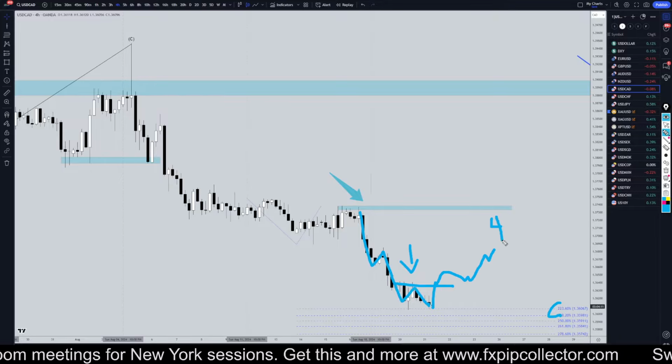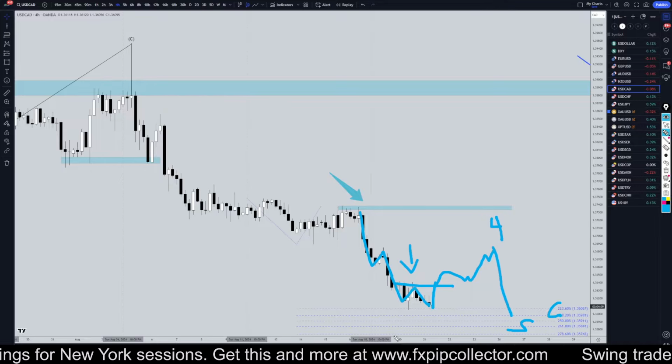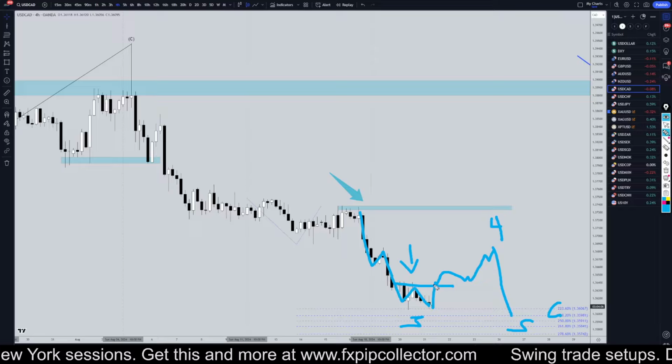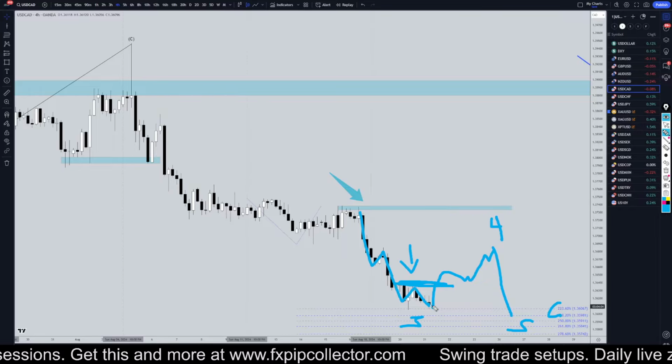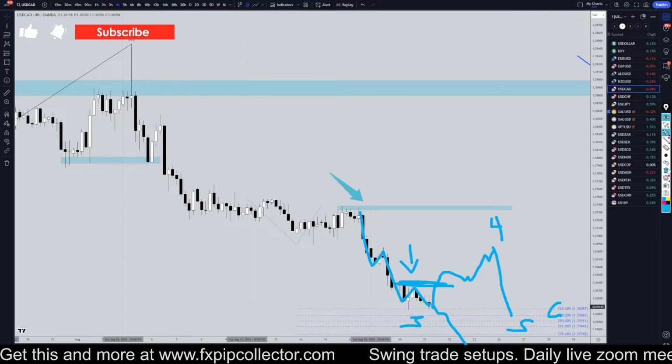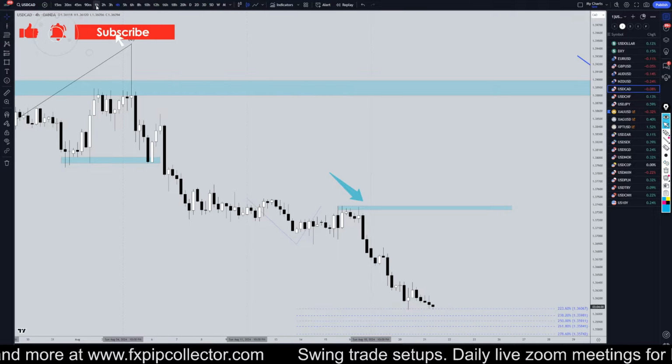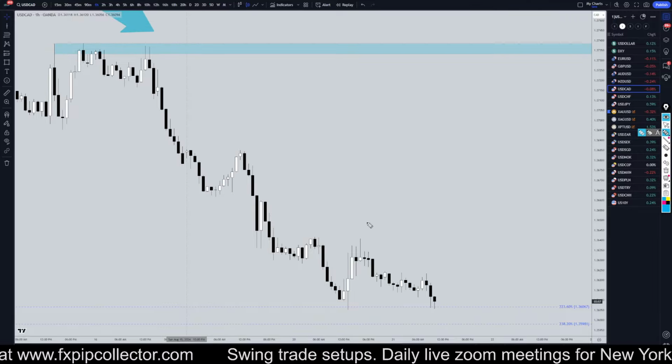because I would expect the next move up to be like a wave 4, and then the next move down to be a wave 5. Now, this all depends on whether or not it breaks structure because it could possibly just keep on going down pretty easily. So, going to the 1 hour time frame, like I was just explaining, if it goes up and